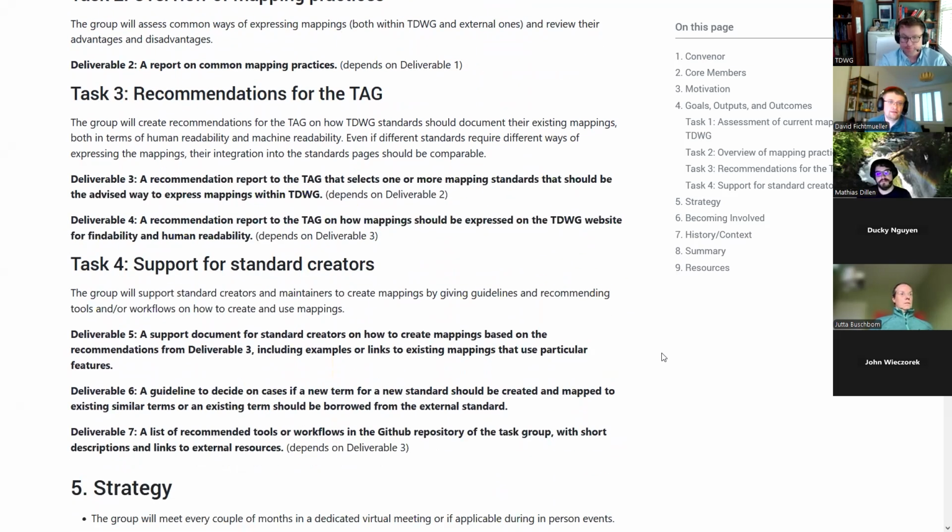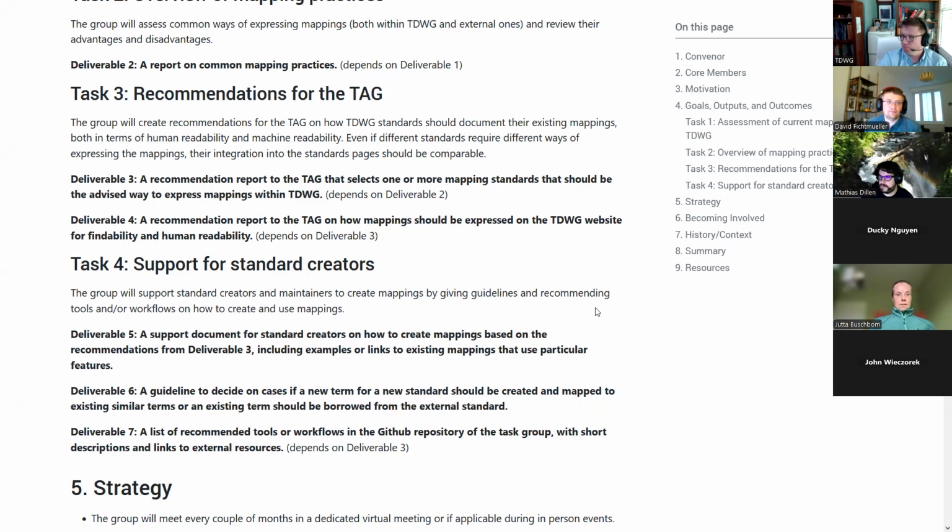And then we have another task regarding the support for standard creators. So the groups that are working on standards, how can they be assisted with coming up with those mappings?